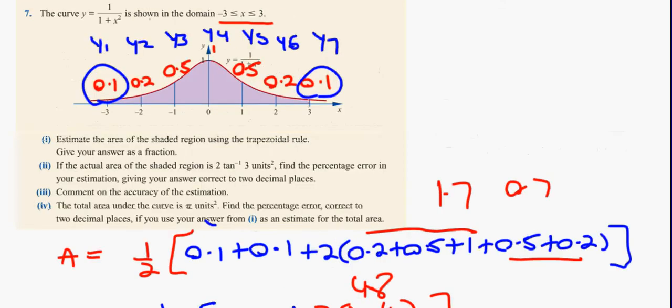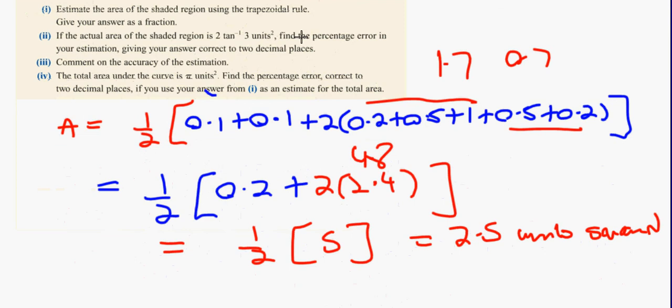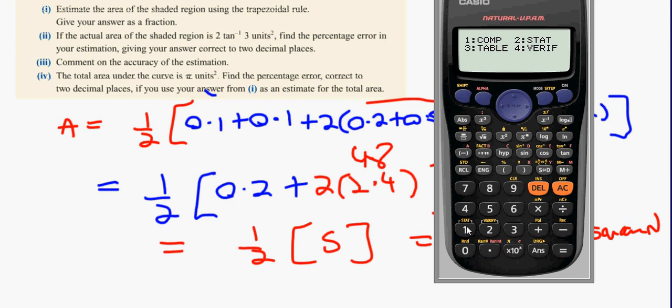Now, please bear in mind the region that we wasted here, because we're doing the trapezoidal rule, we're aiming directly across, and you can see that some of the area is going to be left out in this question. Okay, the area above the dotted line here has been left out, so we have an underestimation. Now the actual area of the shaded region is 2 tan inverse 3. So let's figure out what 2 tan inverse 3 is. So we're looking for percentage error, 2 tan inverse 3. So that's going to be 100 ands. Now it's in degrees. Okay, so you got to change that to radians,